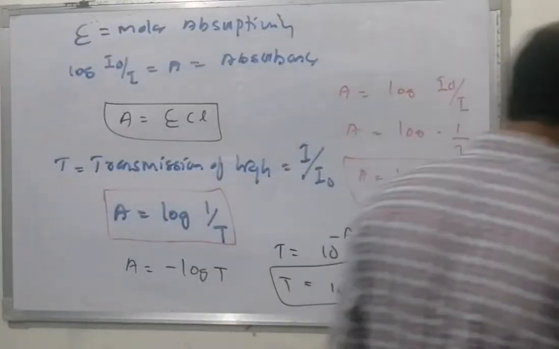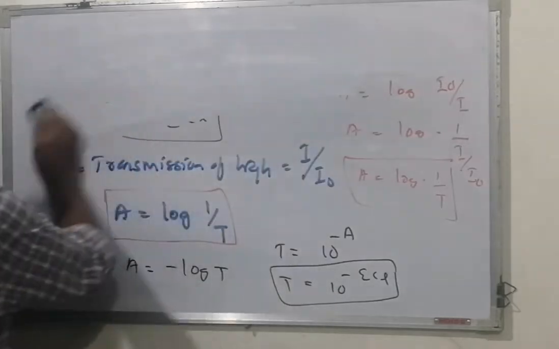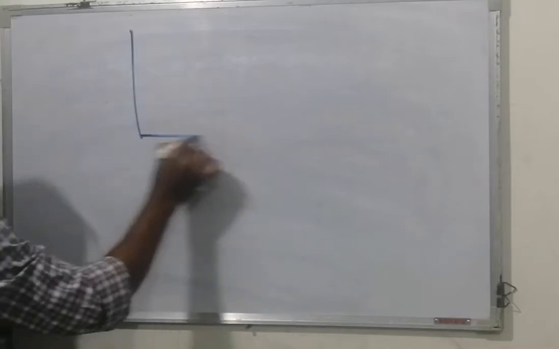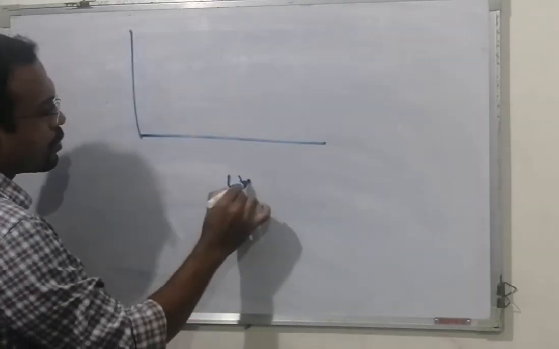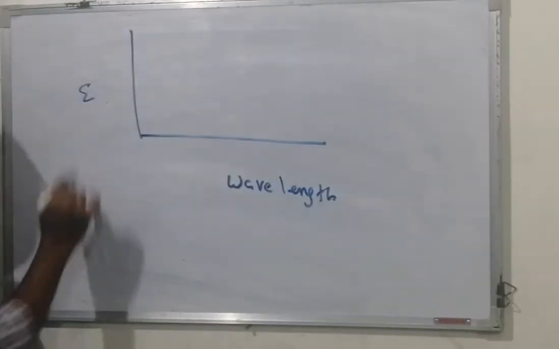Now I introduce you to another very important concept. You will learn about lambda maximum. The lambda maximum of a particular substance may be 200 nanometers, for example. What is a lambda maximum? Suppose you plot wavelength versus molar absorptivity,